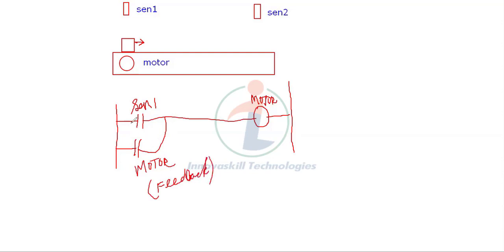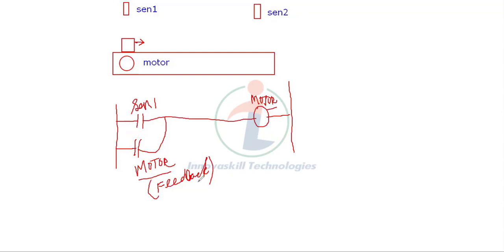Now if the sensor is on, the motor will be activated. If the motor is on, the same address I have given here also, so this feedback will also be activated. So even if the sensor is off, through this feedback the motor will continuously keep running.